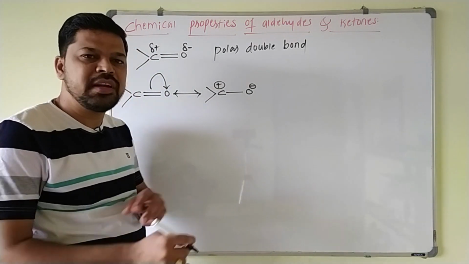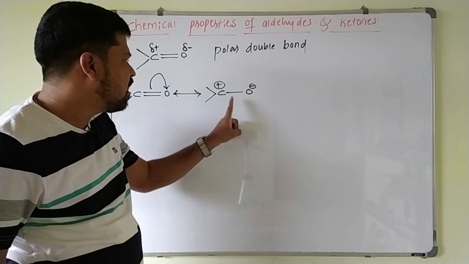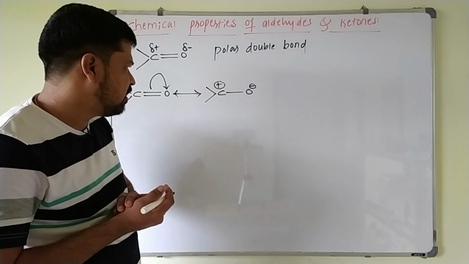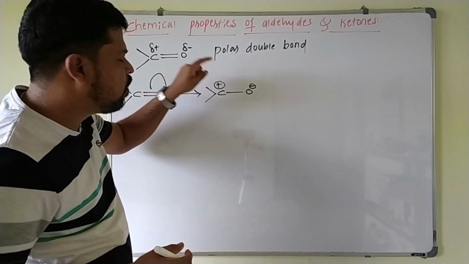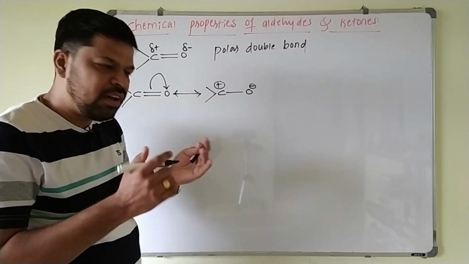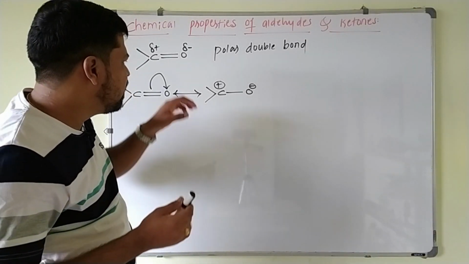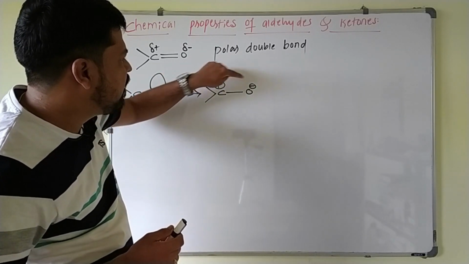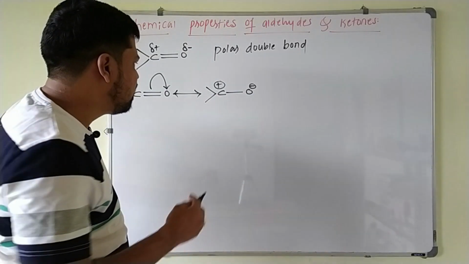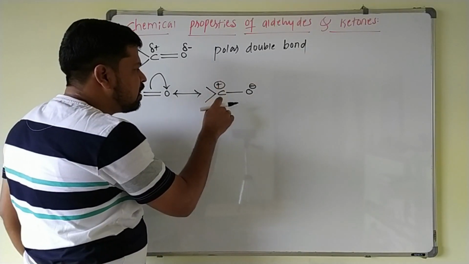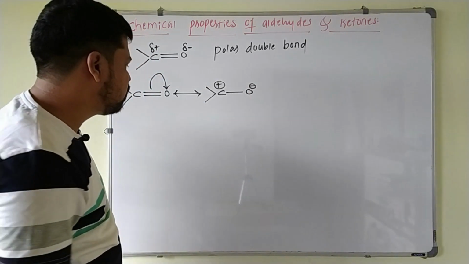Now this carbonyl group has two active centers: the oxygen atom with a negative charge and the carbon atom with a positive charge. So it can be easily attacked by any positive species, or by any negative species. In organic chemistry, you only have to find out where is positive and where is negative. Always positive will be attacked by negative and negative will be attacked by positive. If you compare these two, the carbon having a positive charge is less stable as compared to the oxygen having a negative charge, according to resonance rules.